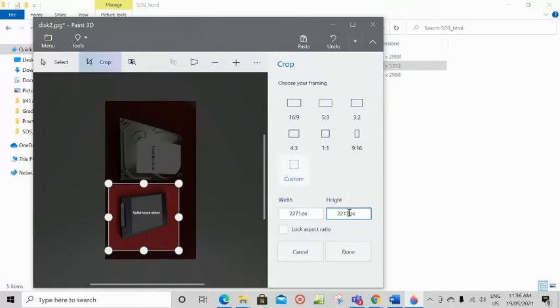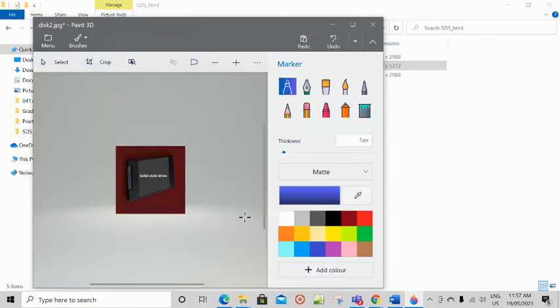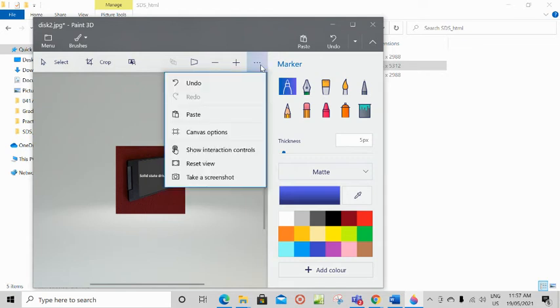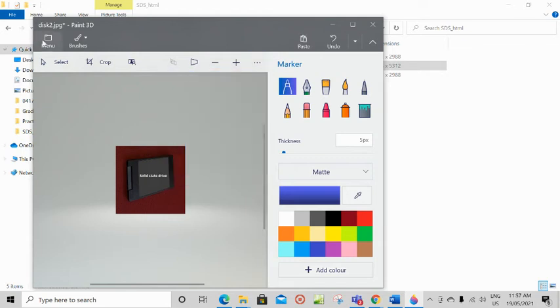But make sure the height and width are the same, so I'm just typing it as 7.1. It's kind of an equal amount of red background on both the sides. After that, click done. So that is done. So we have done that task.